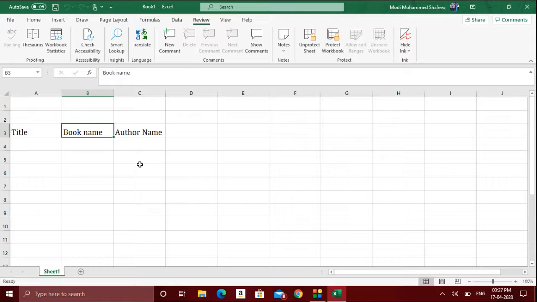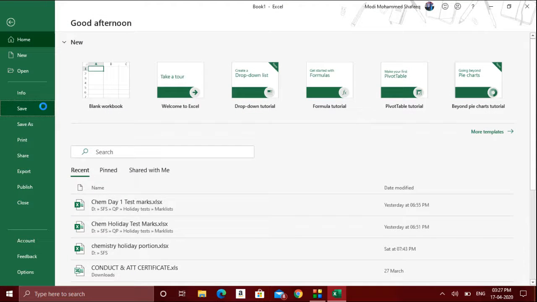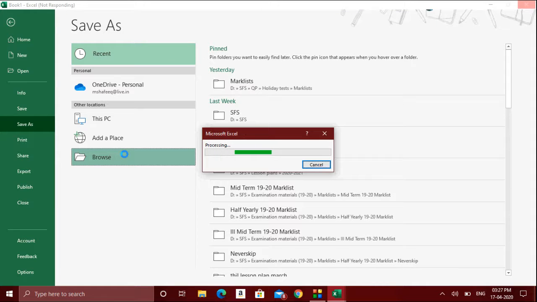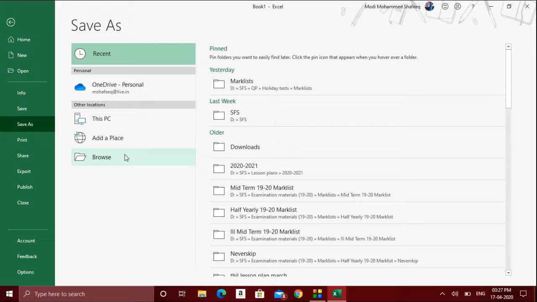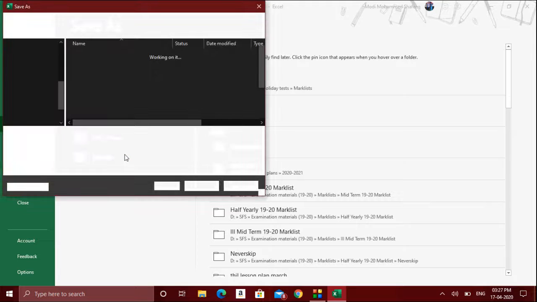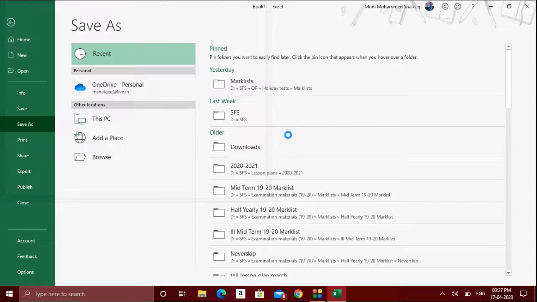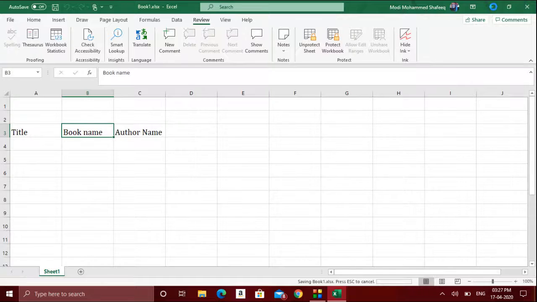That is, you can allow anybody to open your workbook. I'll show you a demo. First, we need to save this workbook. So go to File, Save as usual, and wherever you want to save, just go to that option. It's hanging up a bit. Now, wherever you want to save, you just go to that option and click Save. Now, the workbook has been saved.